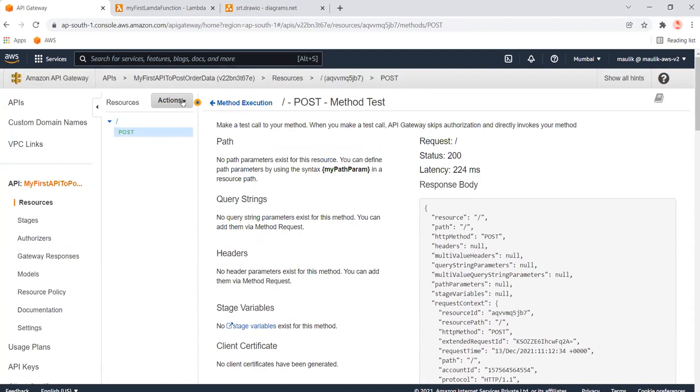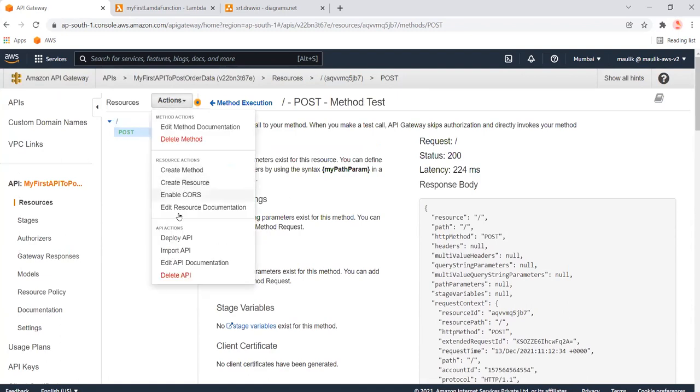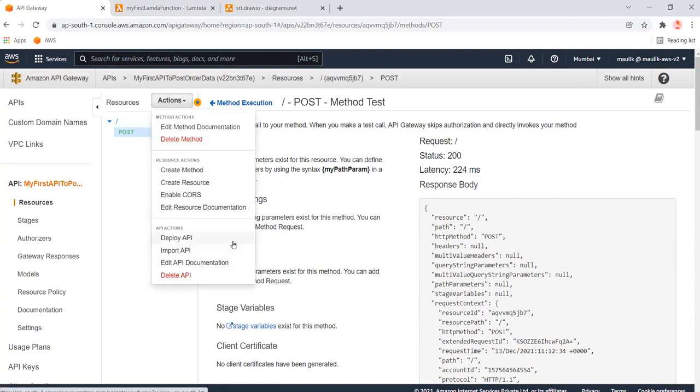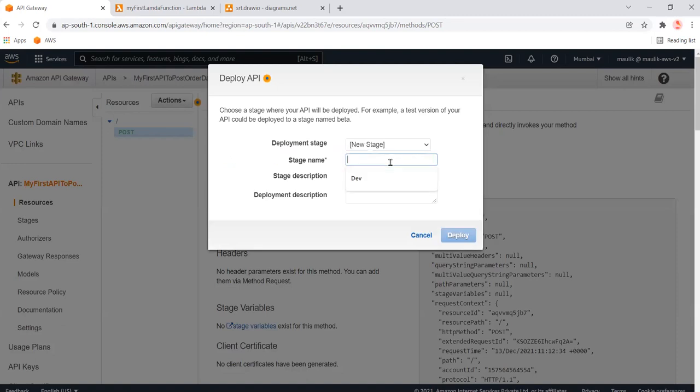Now let's deploy this, because this API is just available inside AWS only. We need to create the endpoint, so that using that endpoint we can call this method. So we'll deploy this API. For the first time, maybe I'll deploy this into the dev environment, and we can assume that we are testing this in dev, and once it is perfectly tested, then we can move this to production. But let's forget about that, and let's release this into the dev stage.